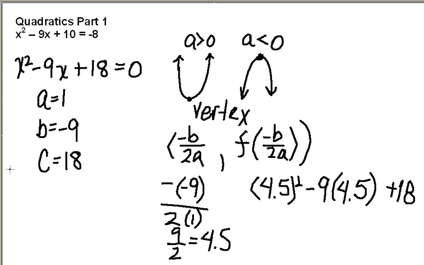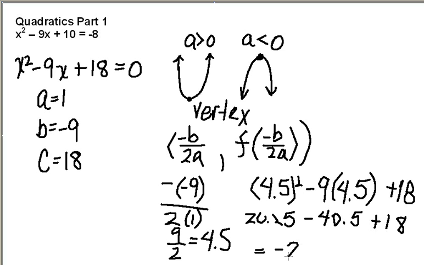Now, completing this, I see that 4.5 squared is equal to 20.25, minus 9 times 4.5 gives me a minus 40.5, plus 18. And if I do this math, I see that this is actually equal to